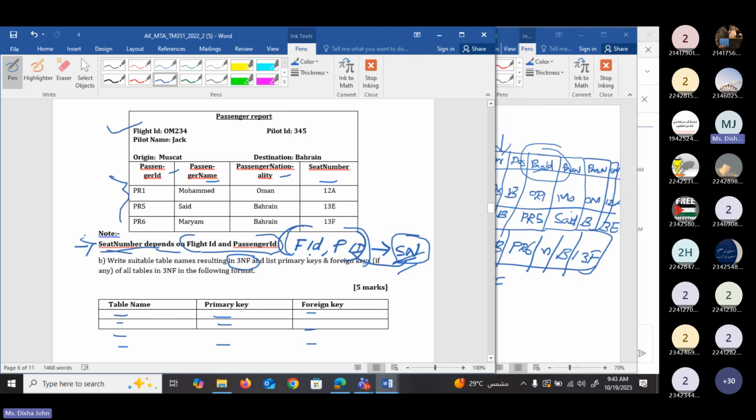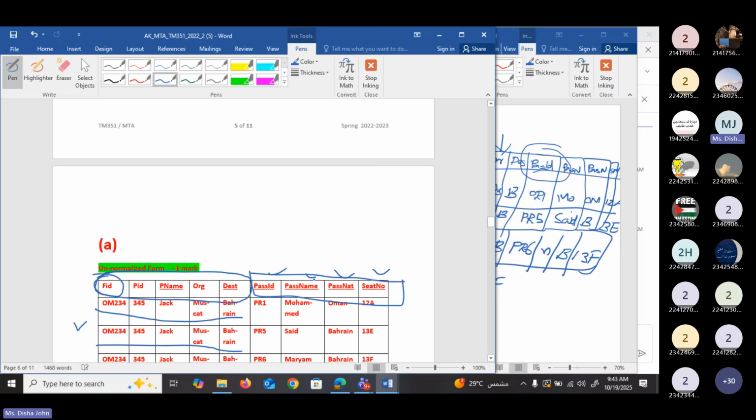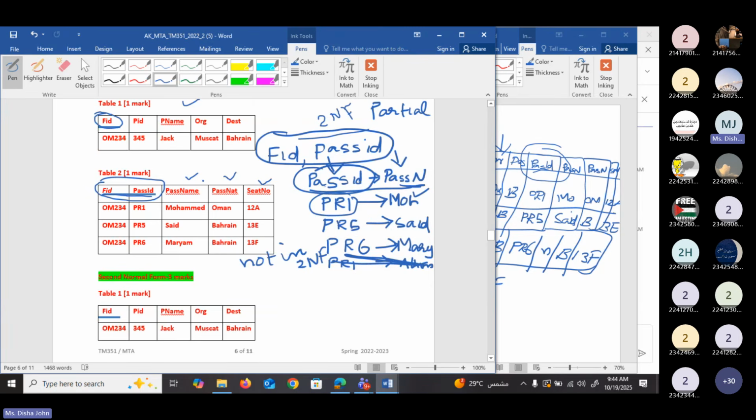the condition of 2NF. But the other two columns in this table, here we have passenger name and here we have passenger nationality. So these two columns are not completely depending on the primary key. The column passenger name and the column passenger nationality depend on a part of the primary key. So if any non-primary key column depends on part of the primary key, then this is called partial dependency. If there is a partial dependency, the table is not in second normal form. Clear?